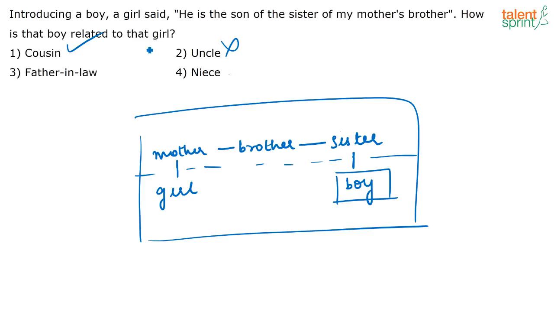See, again, the boy related to that girl cannot be a niece. The boy cannot be a niece to that girl. That girl can be the boy's niece, correct? So again, look at the options, you can clearly eliminate the remaining three options and the answer would be cousin. Okay, that is option 1. I hope it is clear. When you look at the options, the most suitable option here is cousin. That is option 1, and this would be the diagram that we will have to use.